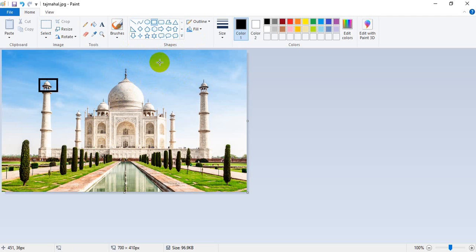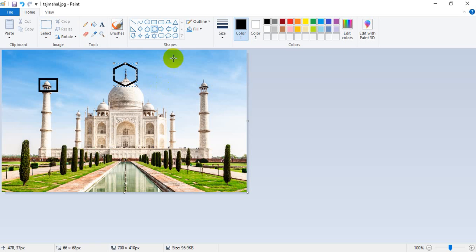So a polygon has no fixed shape. Polygon means a shape which has multiple sides. For example, I am going to create a polygon over here. So a polygon is not a fixed shape. Okay, for example, this is the polygon. Now for a polygon you have to take at least 3 points, which means you have to take 6 values. 3 points means the first point you will get x and y value, the second point you will get x, y value, and the third point, minimum 3 points you have to take. Even you can take 4 points, 5 points, 6 points, but you have to take minimum 3 points.